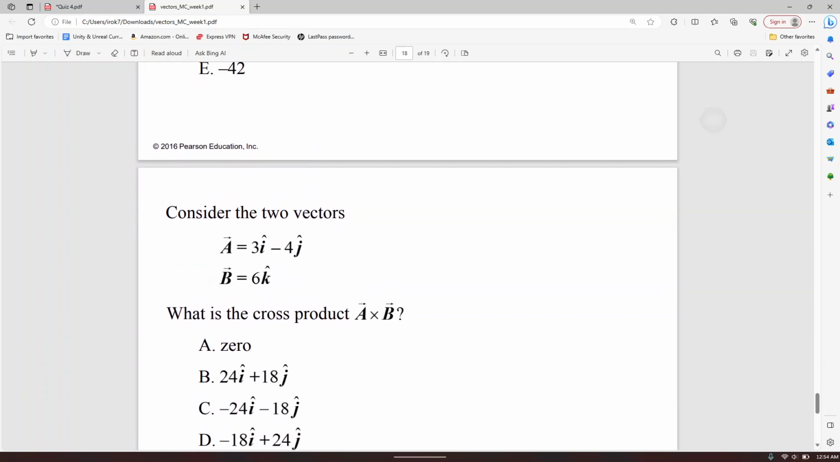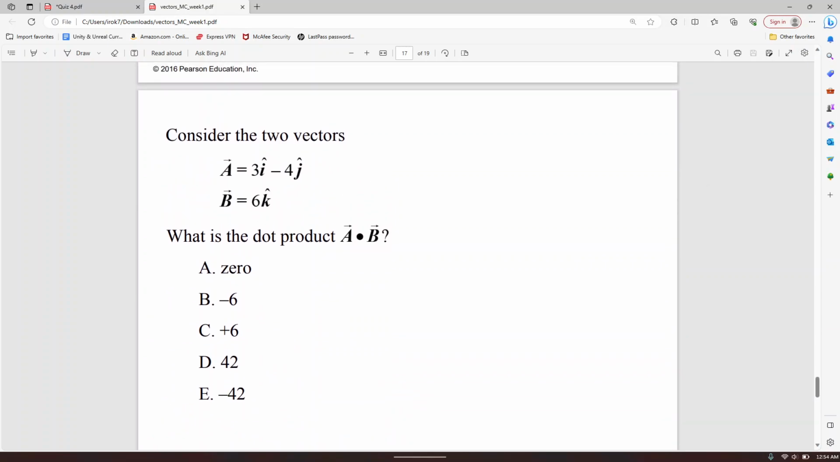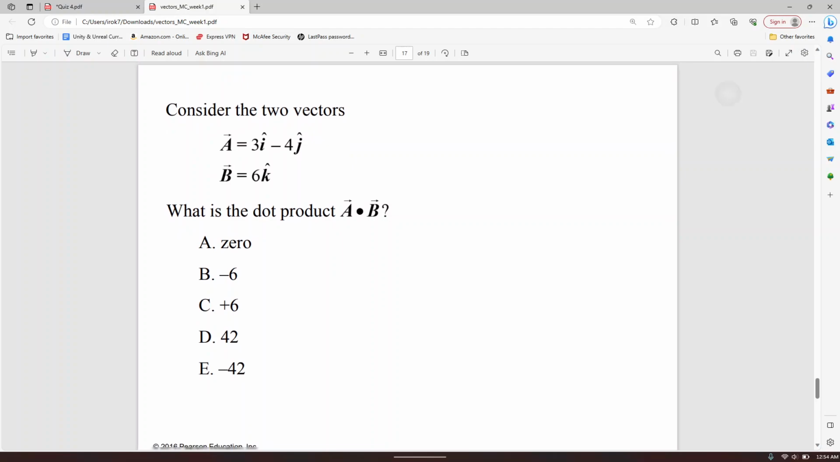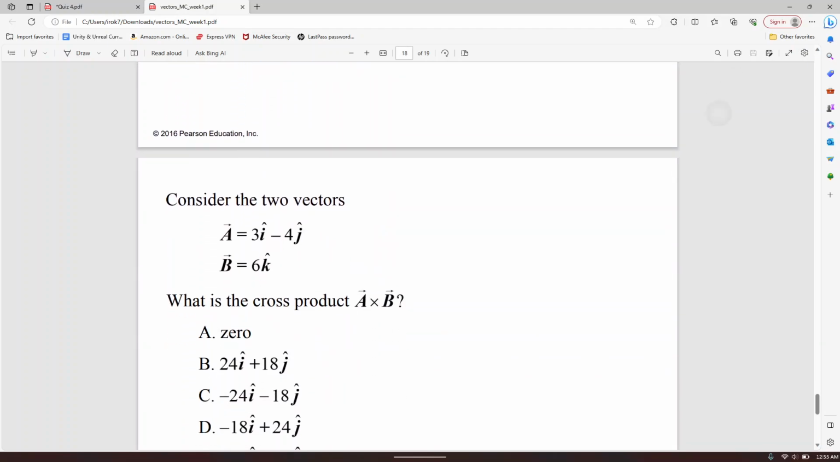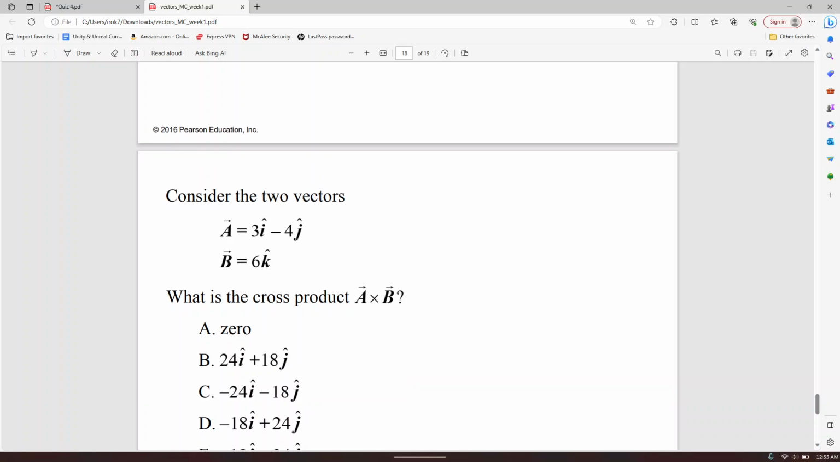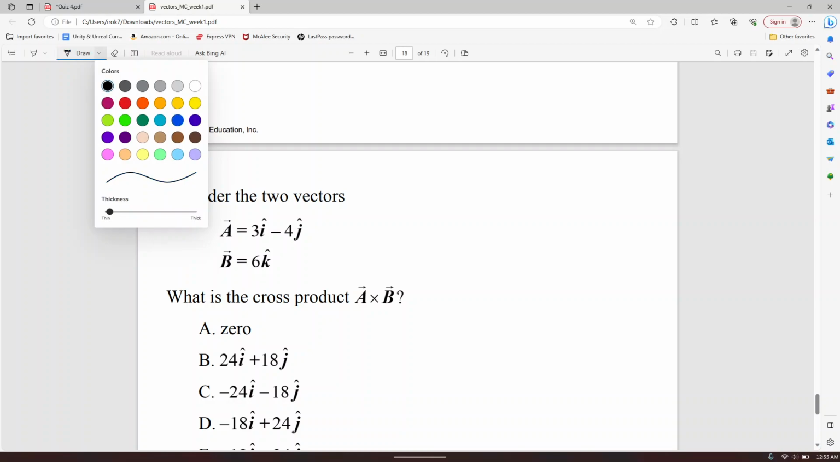So we're going to start off with dot product. I personally find dot product a lot easier. So actually, I lied. We're going to start off with cross product. I find cross product a lot easier. So we're going to review how to actually do cross